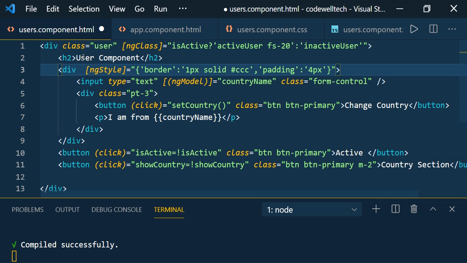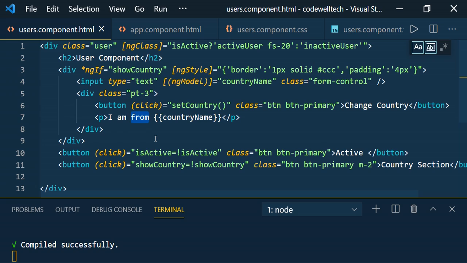Here I am going to use the structural directive ngIf. These structural directives start with the asterisk. So asterisk ngIf equal to, and here I am going to add showCountry.